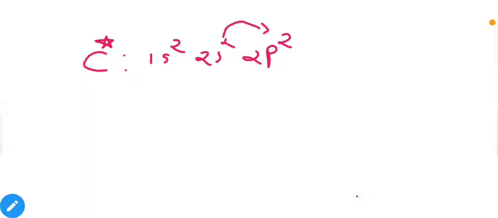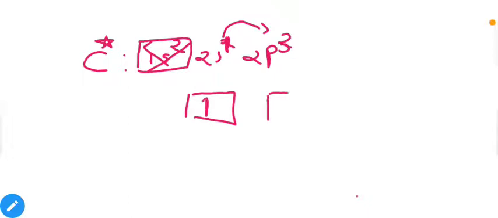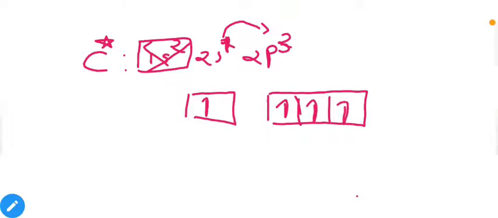First of all, the electronic configuration, which is 1s2, 2s2, 2p2. We have a total of 6 electrons. Now in the excited state of carbon, an electron of 2s will jump into 2p. So the excited state of carbon has this configuration: 1s2, 2s1 and 2p3. As mentioned earlier, no need to concentrate on the inner orbital. So the 2s orbital contains one electron and the 2p orbital now contains 3 electrons, because one of the electrons of 2s is now shifted into 2p.